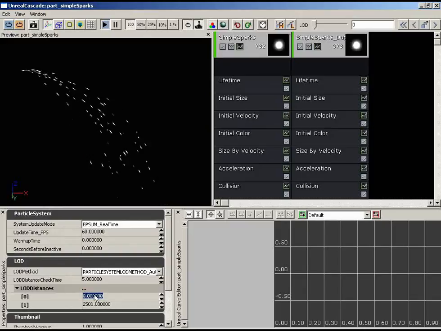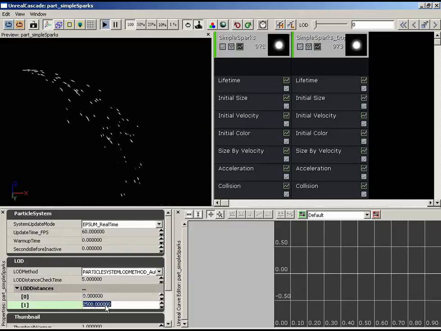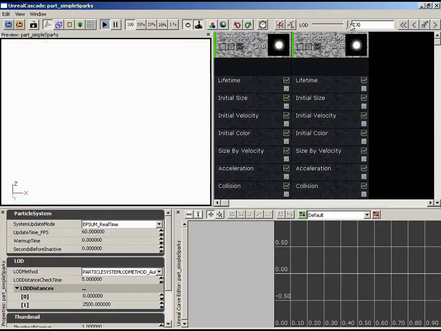We have the full level of detail and then our lowest level of detail, which at this point means if we get 2,500 units or further away from our effect, we'll be using this level of detail. That's right. Which we can see right now if we go up there to our LOD slider. If we set this all the way to the right, which is to the lowest level of detail, and give